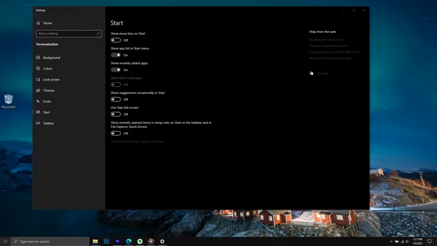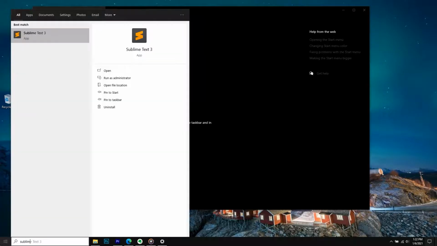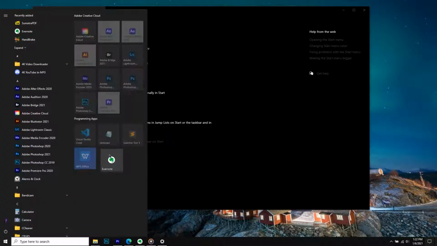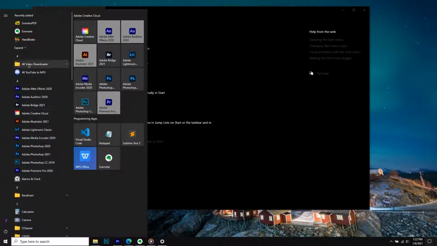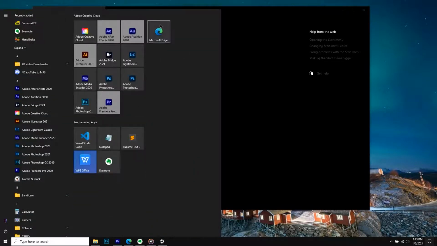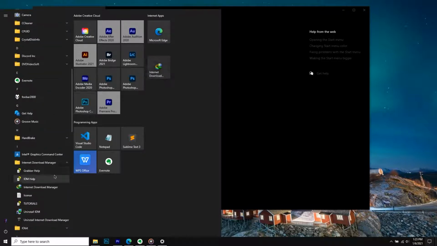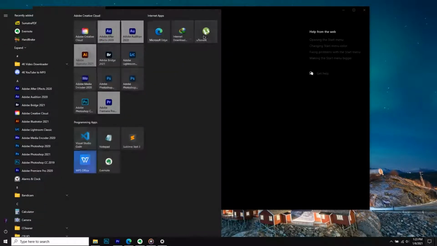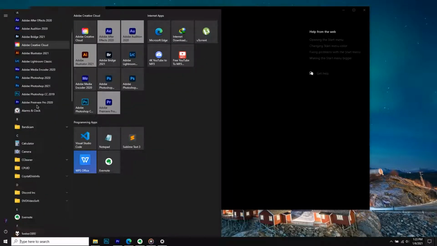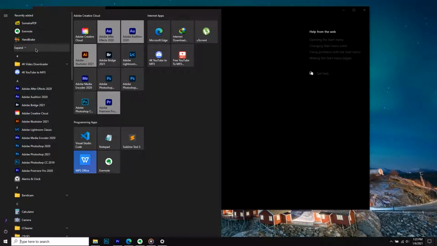So now let's quickly add all of the apps that I use most of the time, like Notepad for batch scripting and Sublime for adding and editing HTML web pages and stuff like that, and Evernote for writing, scripting, and stuff like that. So yeah, now let's do the same for the internet category. For the internet category, I will add here the browser, the Internet Download Manager, and uTorrent for peer-to-peer connection. And you can see 4K YouTube to MP3 and stuff like that, which I use for downloading YouTube videos as MP3 for my music.